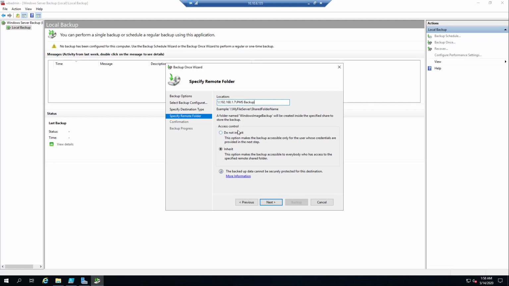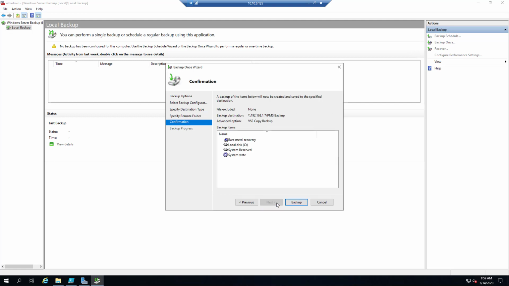If I select Inherit, anyone can open the backup file. If I select Do not inherit, it will ask for credentials at the time of restoring the backup. So here I'm going to use Inherit. Now let's click on Backup to start the backup process.